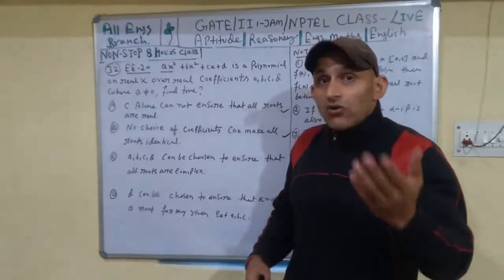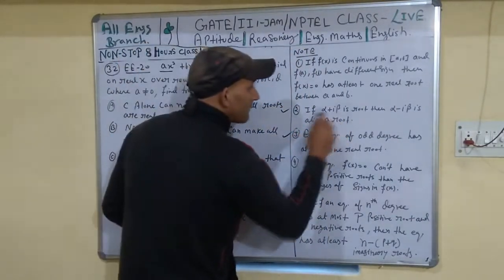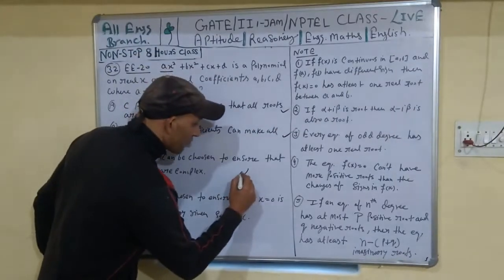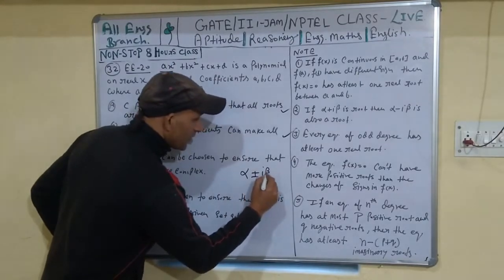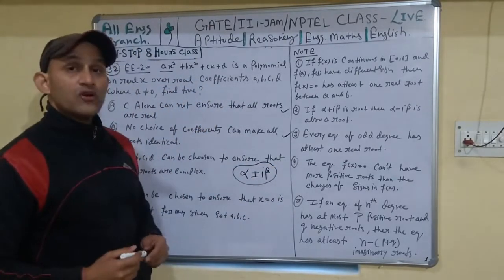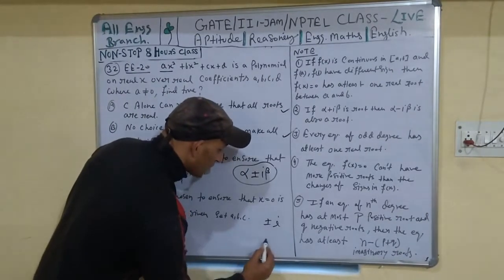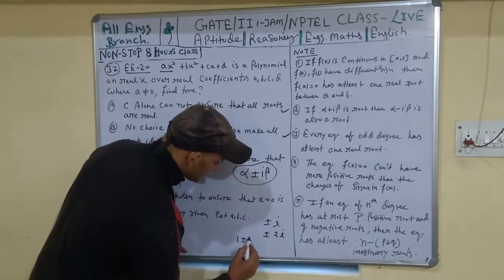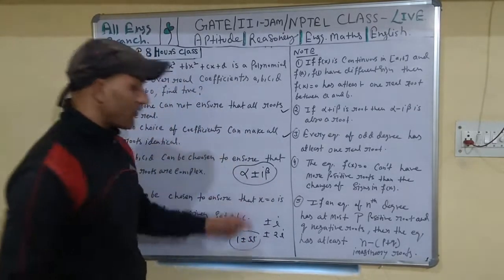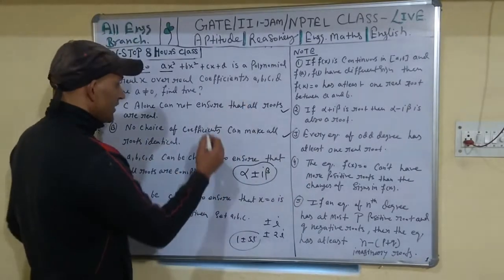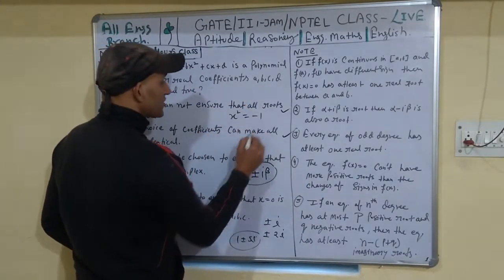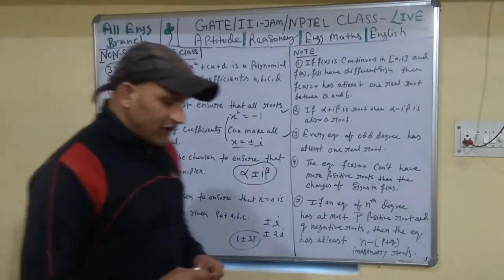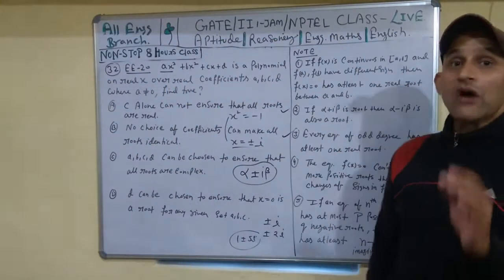Now if the others are complex, we have written that if alpha plus i beta is a root, then alpha minus i beta is also a root. It means that for complex roots you have a pair, where alpha and beta belong to real numbers, such as plus minus i, or plus minus 2i, or 1 plus minus 5i, any such form you will get. You can also check: if you have x square equal to minus 1, then x is equal to plus minus i. So every time you have a complex root, you have a pair.